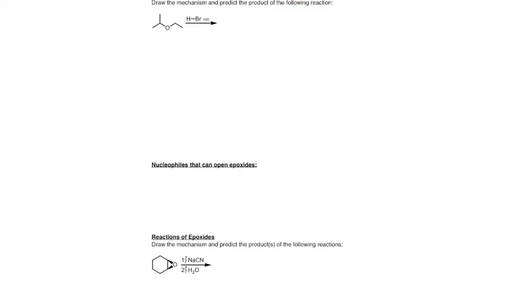First, let's look at the first scenario we mentioned, which was ethers with acids. As we predicted from the previous page, we should expect to cleave the ether. Since we're using HBr, once we break apart this bond, we're going to break it either here or here. I'm going to draw the product, and we're going to show the mechanism to understand why.